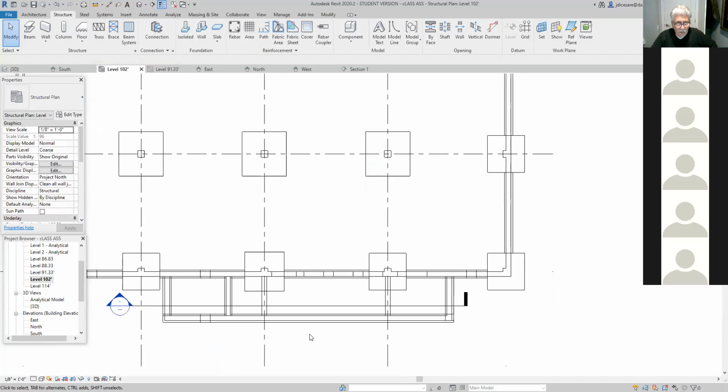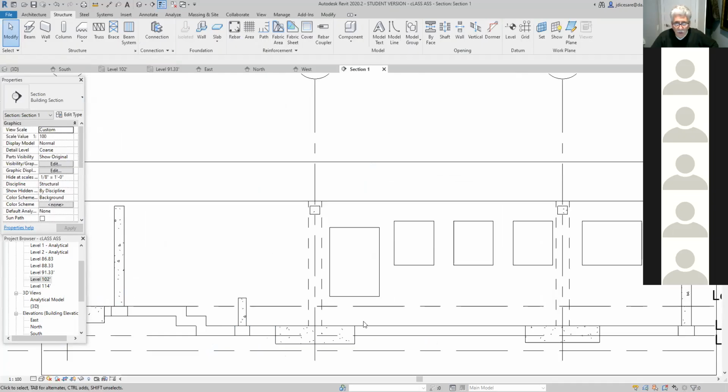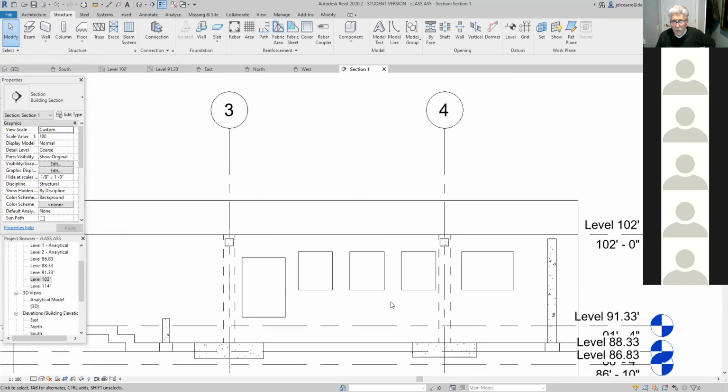And then if I go to my section, there's my 2 beams. Okay, so guys, if something is very similar, just like AutoCAD, once you place it correctly, you can copy it anywhere else into your model. Now,